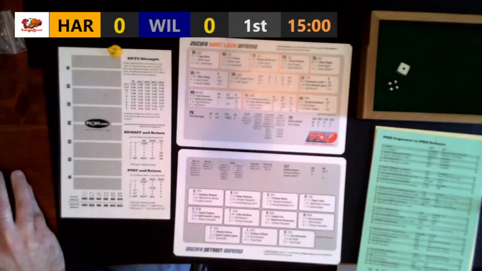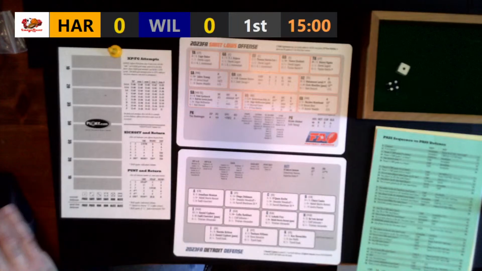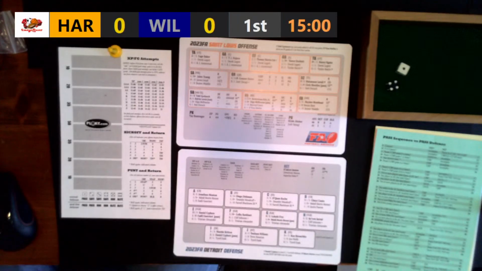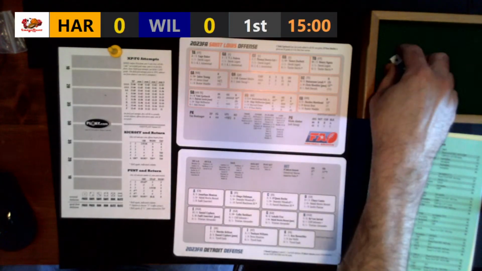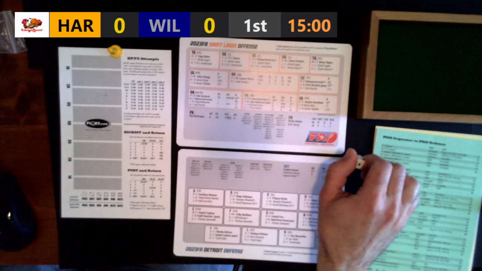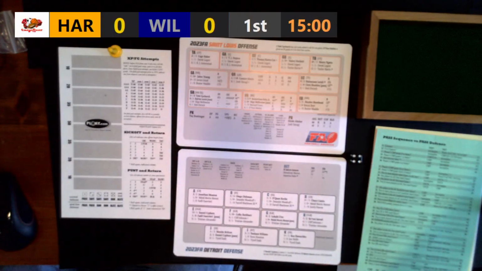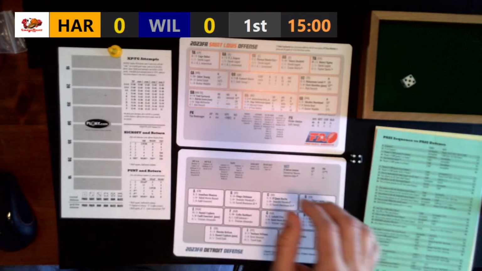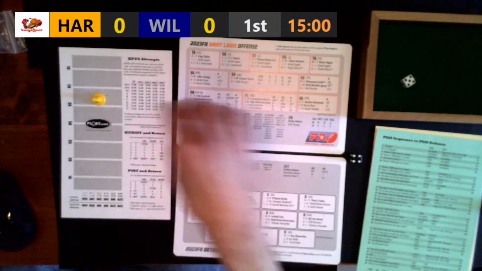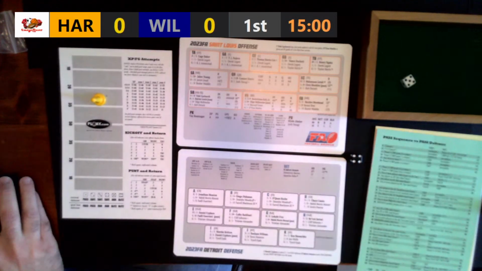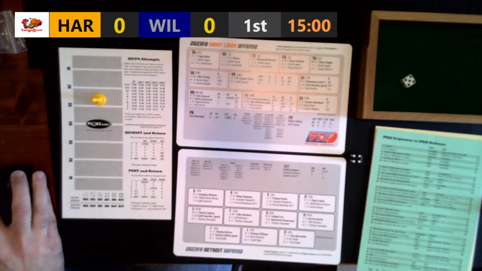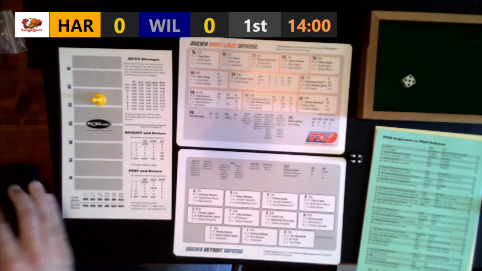So let's not waste any more time. Let's go ahead and go to our game table and get this thing started. The coin toss was done offline, and Williamsport won the toss. They will defer to the second half. So Harrisburg is going to get the ball here to start this game. We're just going to go ahead and kick things off right now, and Harrisburg will start in zone number 3 to start things off today.